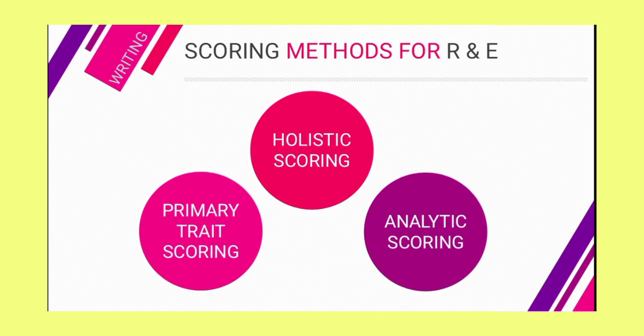The second method of scoring is primary trait scoring. The primary trait scoring focuses on how well students can write within a narrowly defined range of discourse. This type of scoring emphasizes the task at hand and assigns a score based on the effectiveness of the task